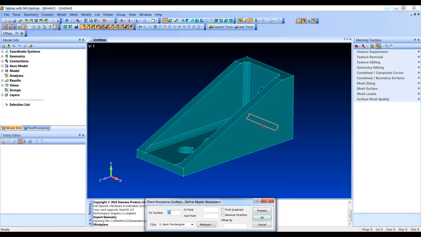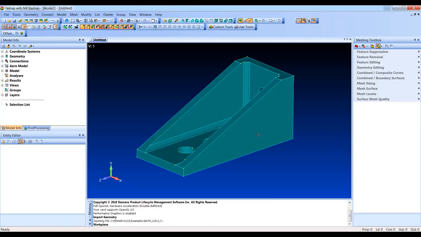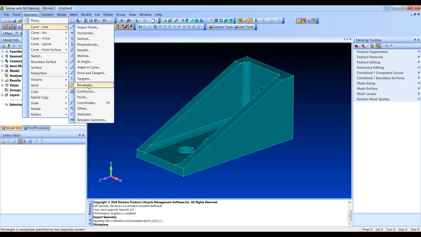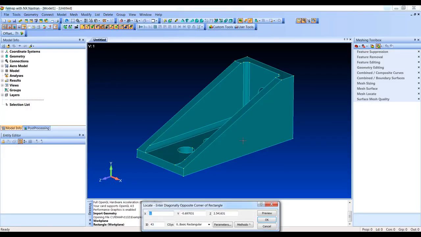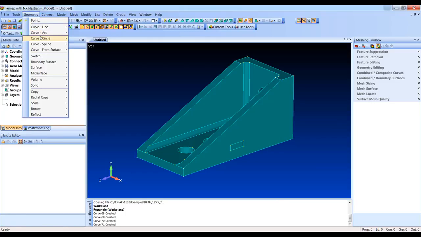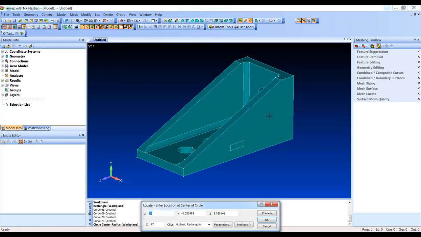So I'm going to pick this surface here. Let me go to front mode with the right click. So I'm going to pick that surface there and just put my work plane on that plane. So if you want to have a subset here, I'll do two of them just to show you different things. I could draw a little rectangle here and get that shape, and then I'll also do a circle. We'll just pick here,